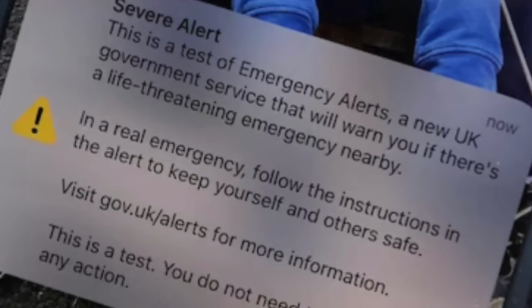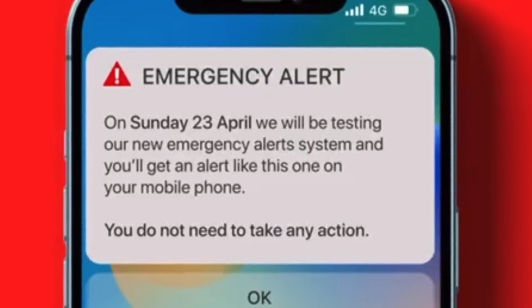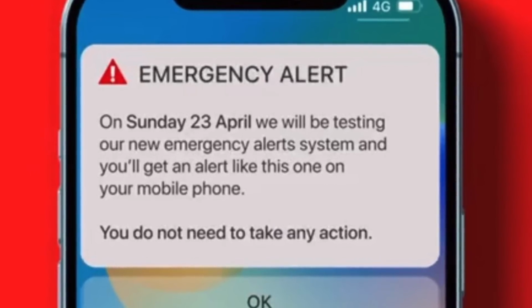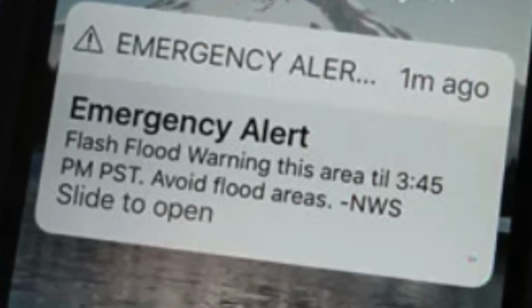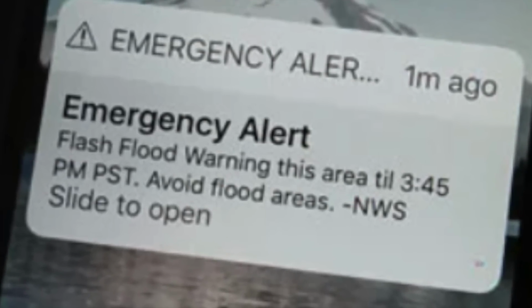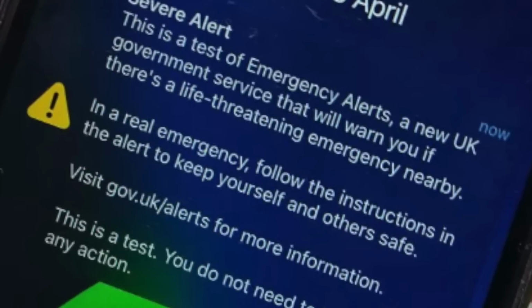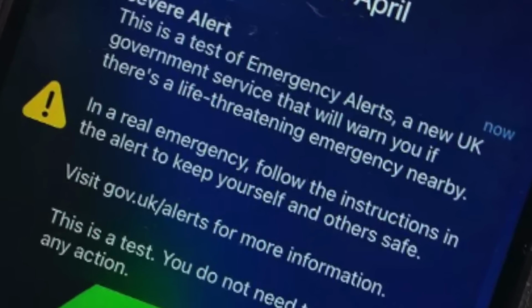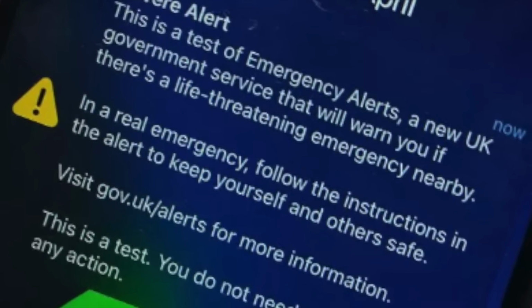of potential danger. These messages are not designed to track your location, request your phone number, or gather any personal information. Only the government and emergency services are authorized to send them. If an emergency alert comes in on your phone, a loud and distinct siren-like tone will play. A message will appear on your phone screen, providing details about the emergency and the best actions to take to